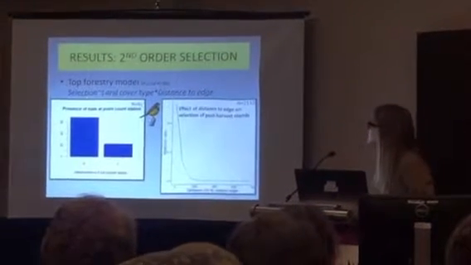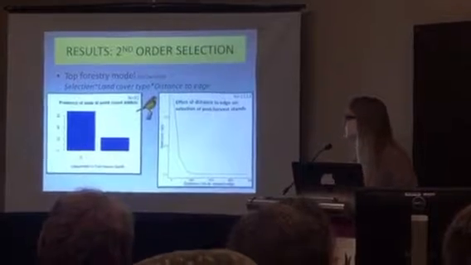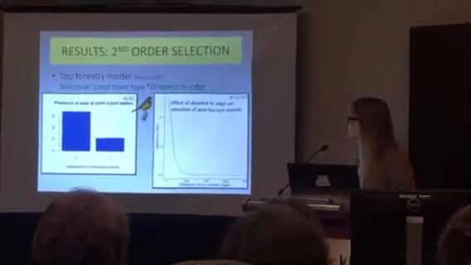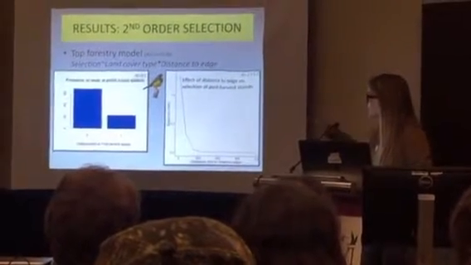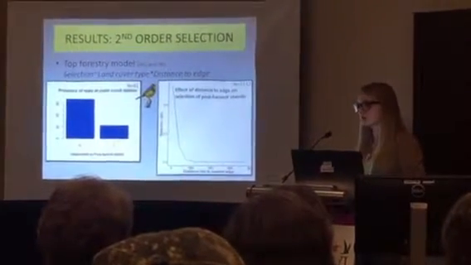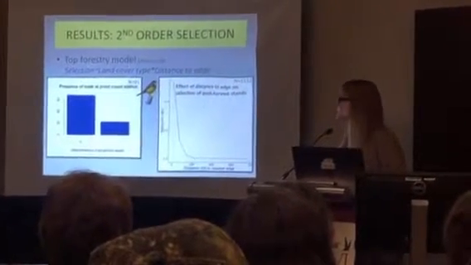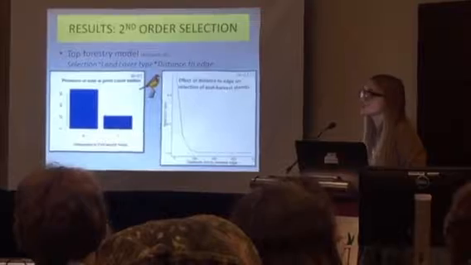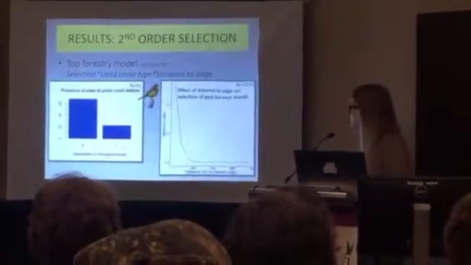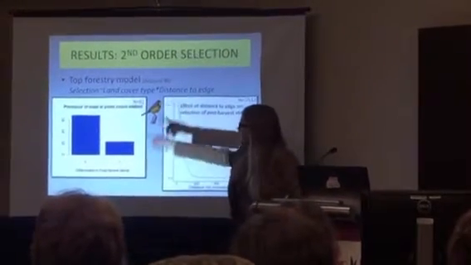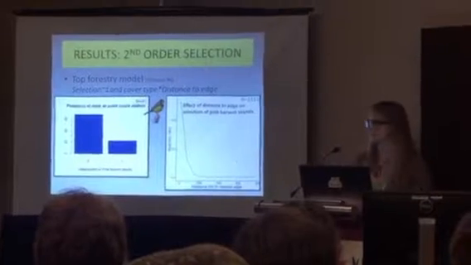So results so far, for our second order selection analysis, we used logistic regression. We test relative importance of stand type, stand age, and distance to edge, so just our forestry covariates. And we ranked these by AIC and found our top ranked model included land cover type and an interaction with distance to edge. So we see that our selection ratios were much higher for those points in unharvested stands than in post-harvest stands. So you can see here, of our 91 point counts where we had detections, we had much higher detections in unharvested than post-harvest stands.